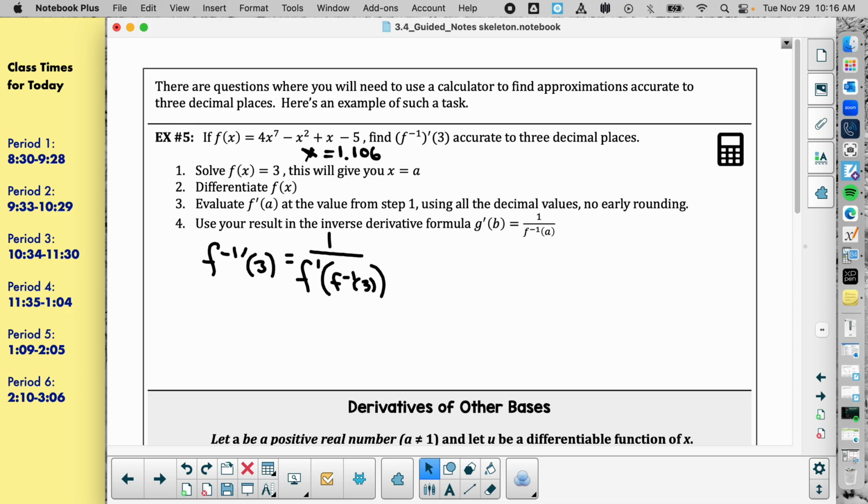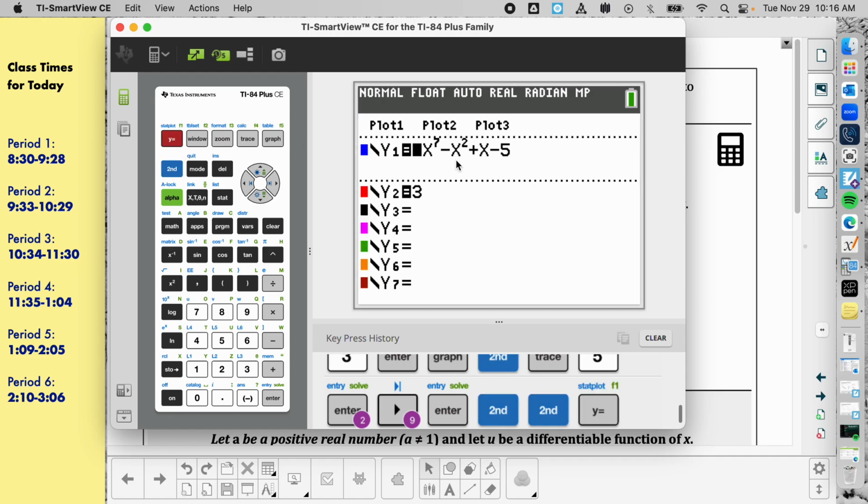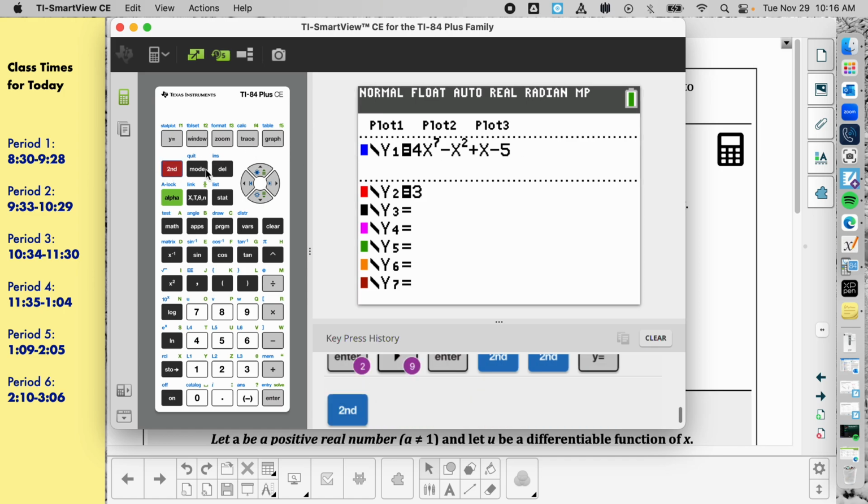Oh, wait. Is all the calculating I'm seeing, did you do the derivative and then plug in 1.106 by hand? Yeah. It's not wrong to do that, but it definitely is very slow. So because this is a calculator question, you were trying to do the derivative of f of x, right? Yeah. Okay. On your home screen,